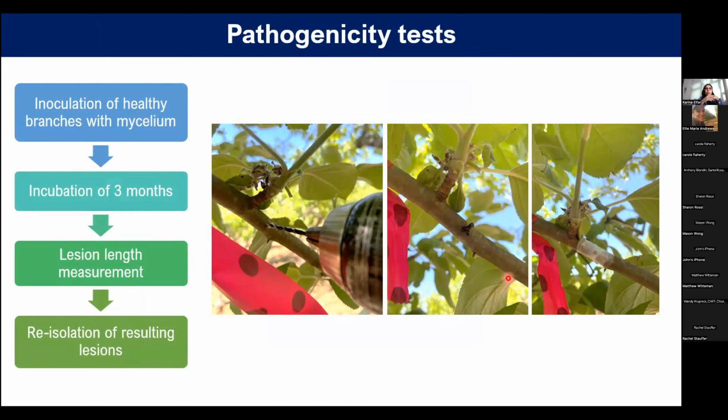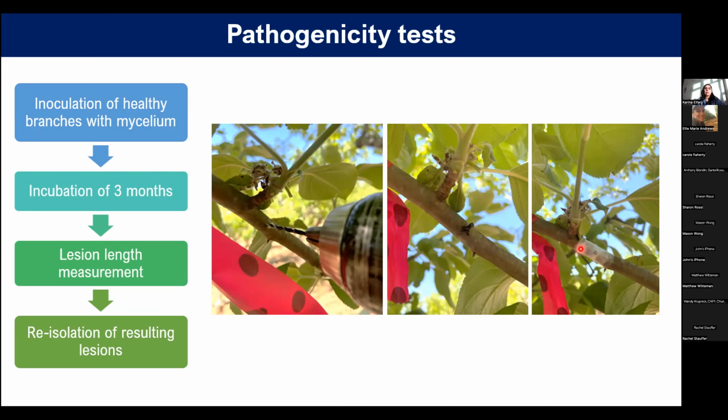So for that, we need to do some pathogenicity tests just to check if they are able to cause those diseases. So what we did is that with this drill, we made small holes on the branches. We used branches that were 2 to 3 years old. And after that, in that hole, we inserted a toothpick, and that toothpick was covered in mycelium. And then we sealed everything with some paraffin tape just to avoid dehydration and maybe the infection